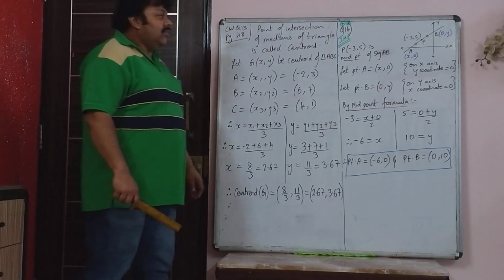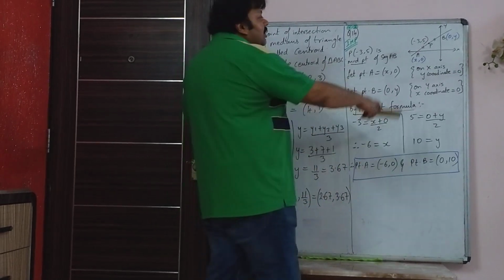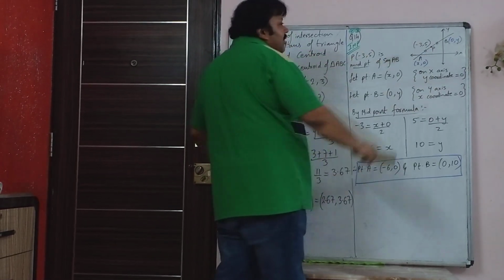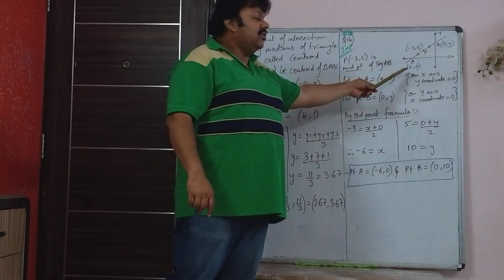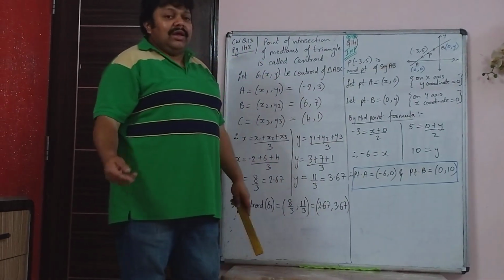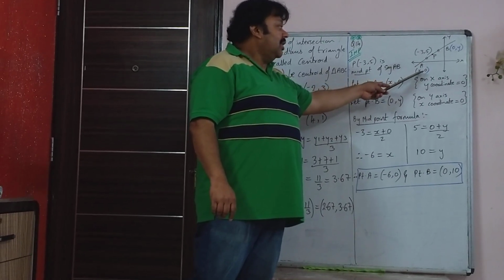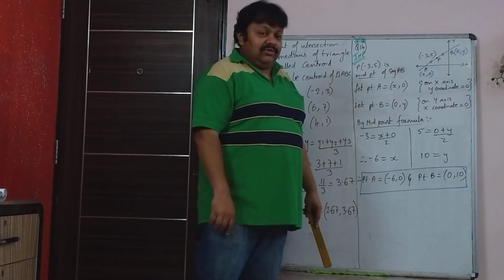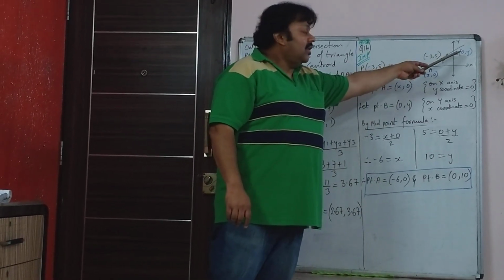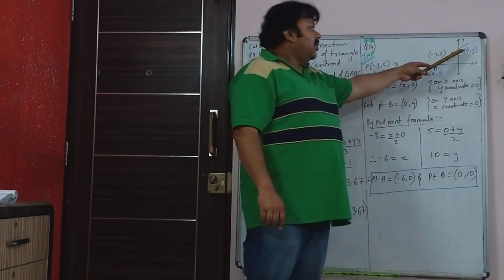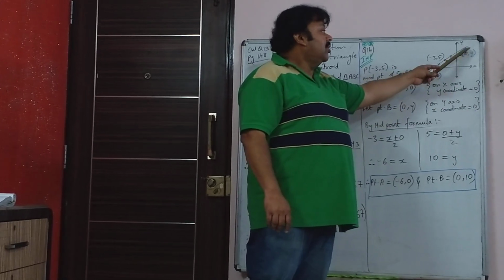Now the next sum, mark it important. Important because it's slightly different, it's simple. You are given that P is the midpoint of AB. Now you have to look at the figure and see that point A lies on the x-axis. Because A lies on x-axis, its y-coordinate will be 0. So y-coordinate is 0, x-coordinate, let it be x, we don't know, we have to find. And since point B is on y-axis, its x-coordinate will be 0. So we will say point B is (0, y).